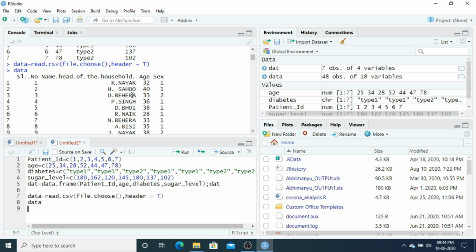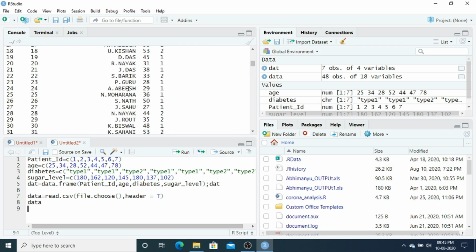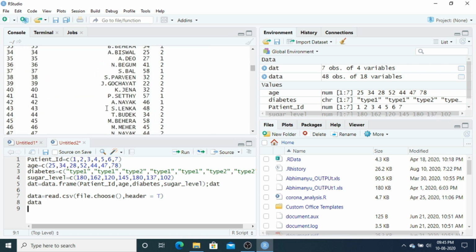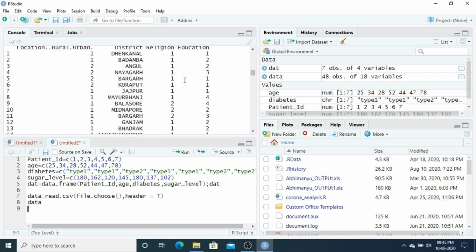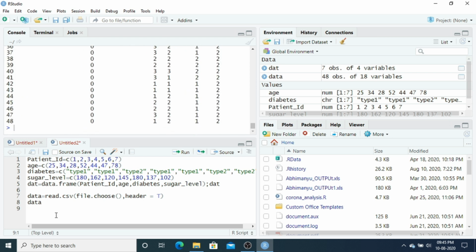Since the number of columns is large, you can see sex here, then rural, urban, location, district. It is an easy way. It means the data is right now in your R. Now you can do all sorts of computation and analyze this data.